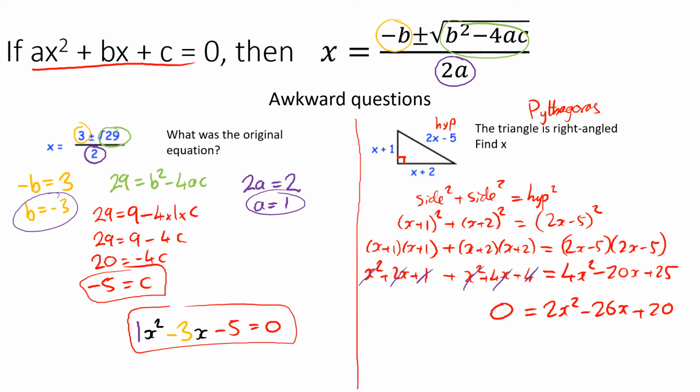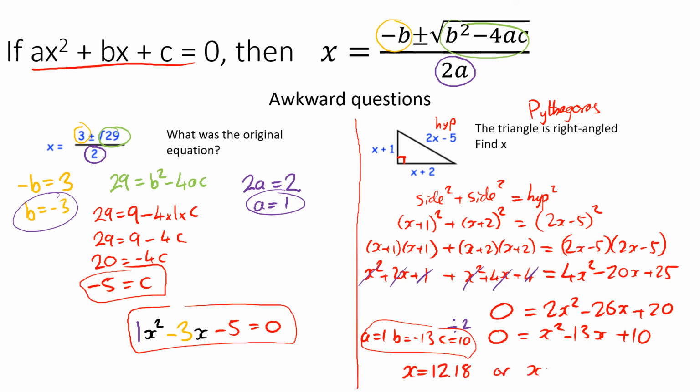Something that's worth pointing out with any quadratic, you can multiply it or divide it by anything you like, and it'll still have the same answers. So here is a good scenario where I would divide everything by 2. I would say 0 is x squared minus 13x plus 10. And then I'd solve that using the formula with a equals 1, b equals minus 13, and c equals 10. Again, not going to show it in full, but you should end up with x is equal to 12.18,